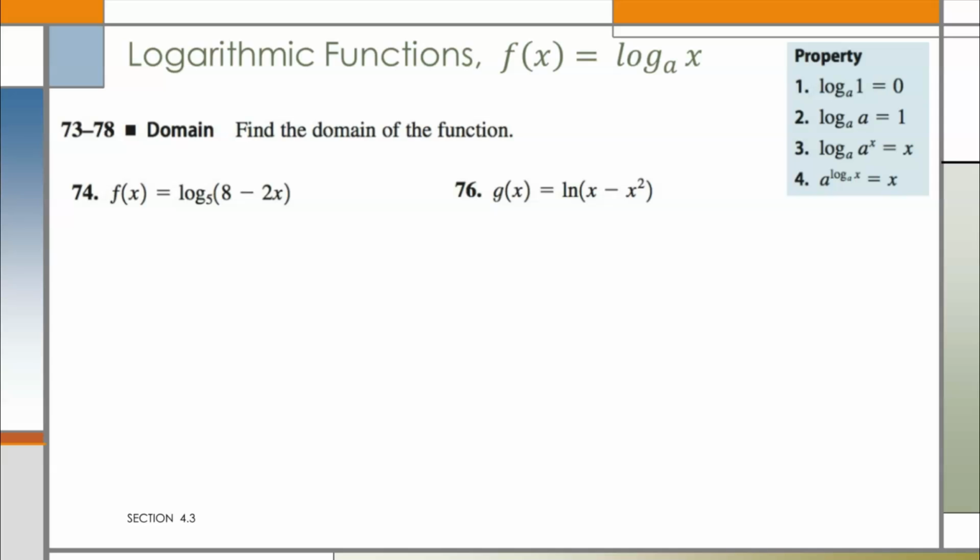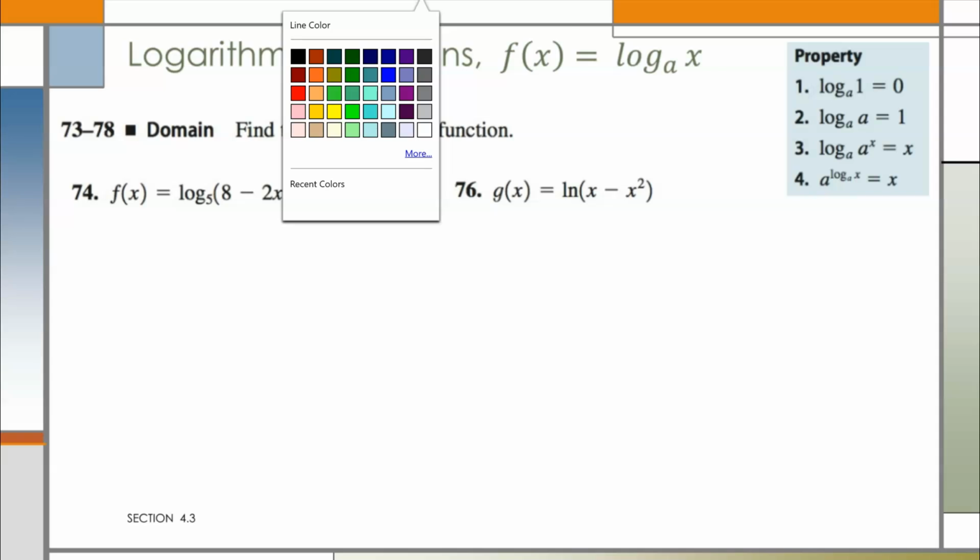Find the domain of the function. Okay, so let's think about domain. When we think about domain, we want to think about the values of x that we can plug into a function. Okay, so here let's come back and review a little bit of what we know regarding